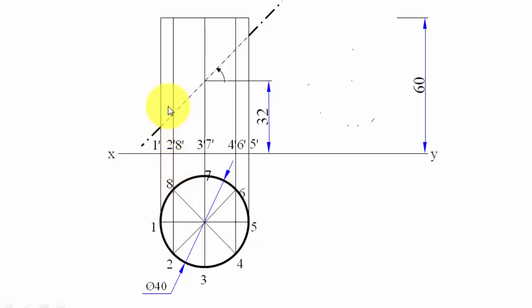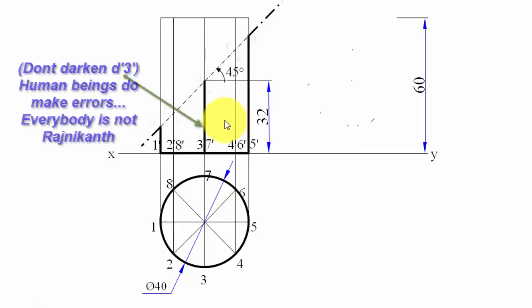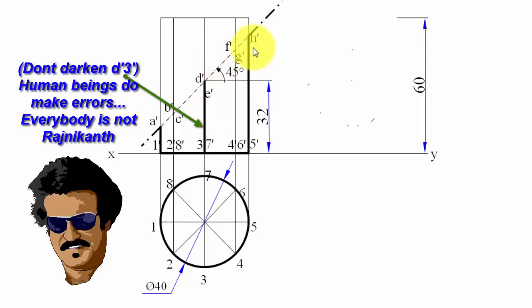So here we're going to be having B and C, or B dash and C dash, and similarly here you're going to be having D dash, E dash, F dash, G dash and H dash, something like this. So we're going to be having as many as, let's see, A, B, C, D, E, F, G, H. Okay, and you can clearly see that the portion of this solid falling immediately below this cutting plane has been darkened. All right, that is something you need to keep in mind.